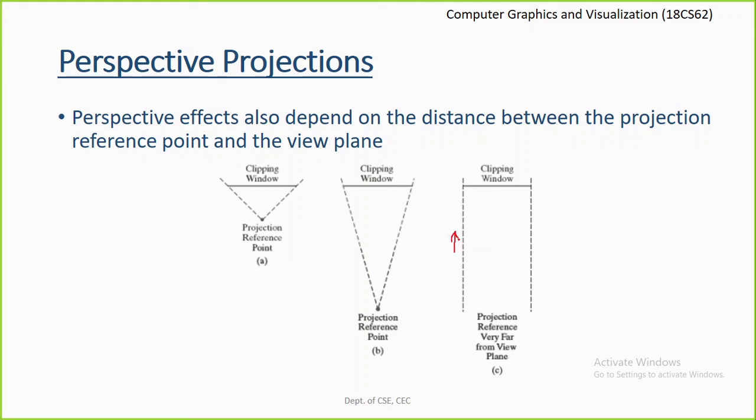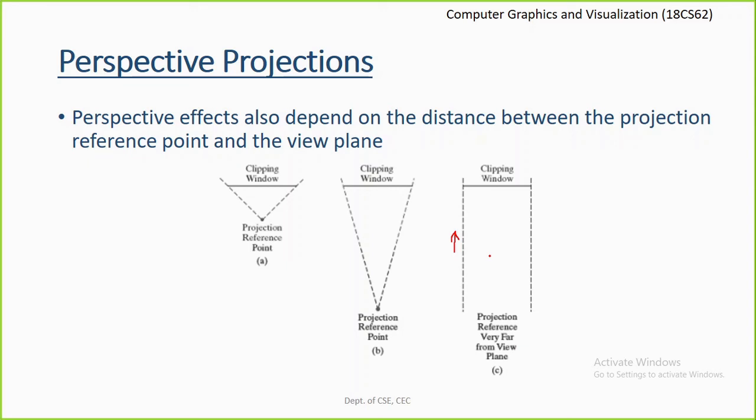If the projection reference point is very, very far away from the view plane, the result will be equivalent to orthographic projection. Okay, even if it's a perspective projection, there will not be much difference between the type of view you get when compared to the orthographic projection. When is that the case? When the PRP, or projection reference point, is very, very far from the view plane. If it is very close to the view plane, you get very large projections of the objects. If the projection reference point is at some distance from the view plane, you get small projections of the objects on the view plane. If it is very, very far away, it is almost equivalent to getting an orthographic projection, right?